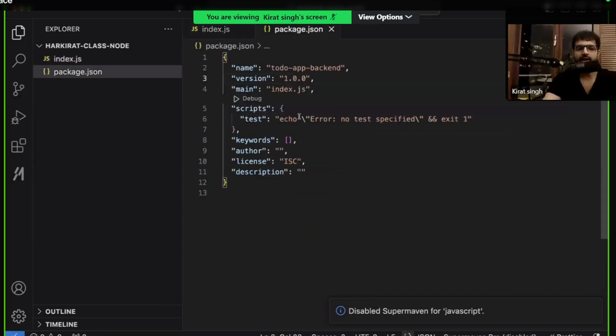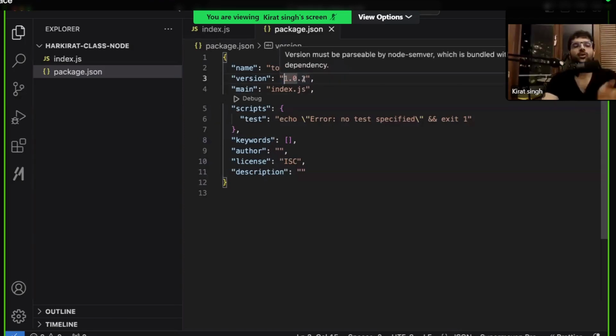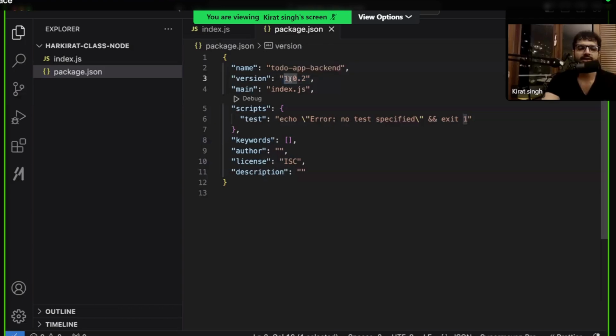Then you can rename this to 1.0.1, let's say. Then you made some more changes, rename it to 1.0.2, so on and so forth. Harkirat, why 1.0.2? What is this first section? What is this second section? What is this third section? We will come to it by the end of the class. There is a slide that explains this. But there is a reason we don't go version 1, version 2, version 3.